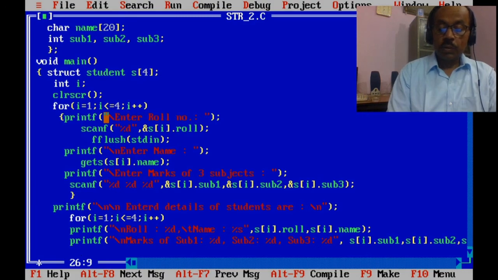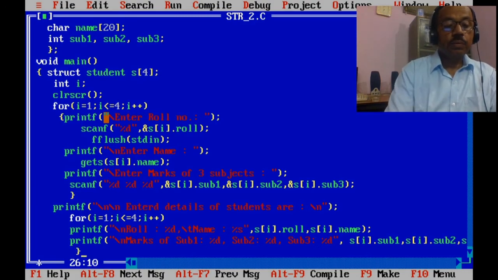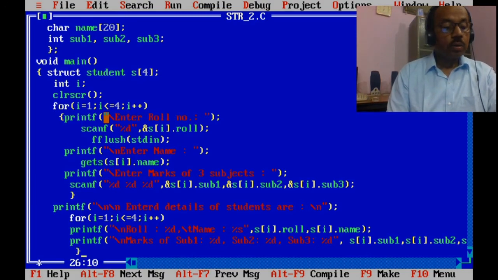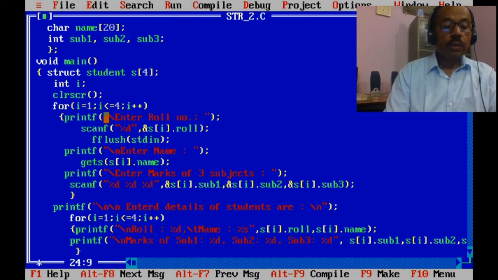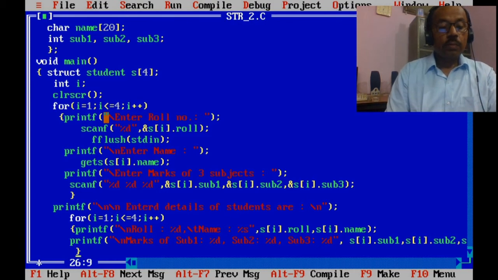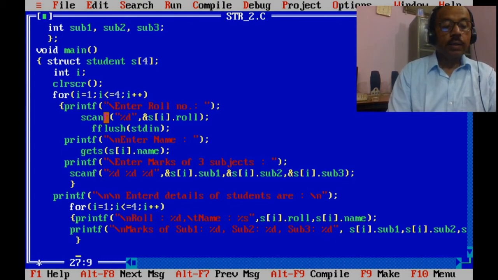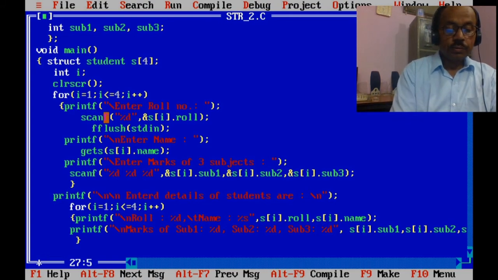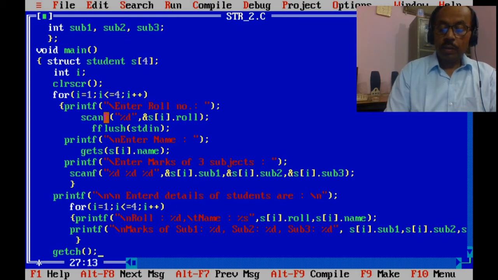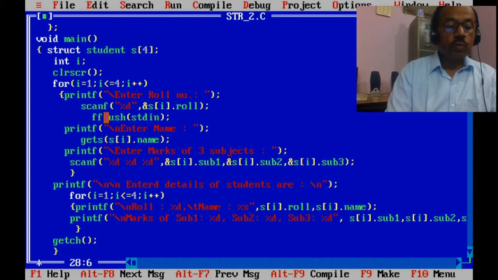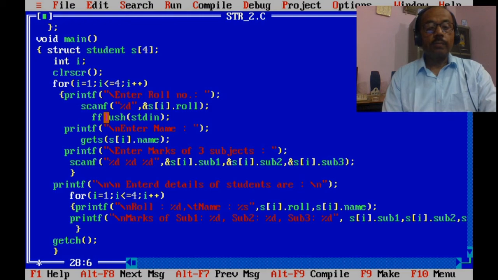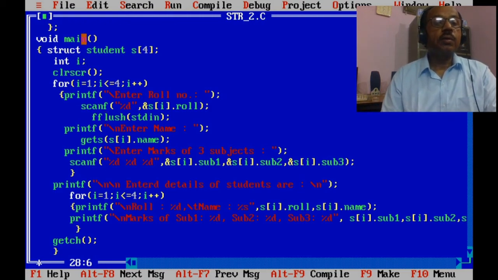Now this is the completion of the block. The block started from here. This block is completed, and to halt the result we put getch, and this is the closing brace of the program.